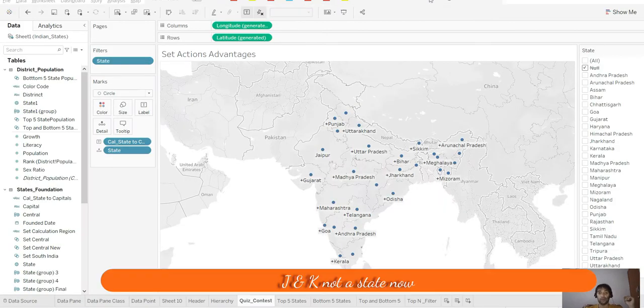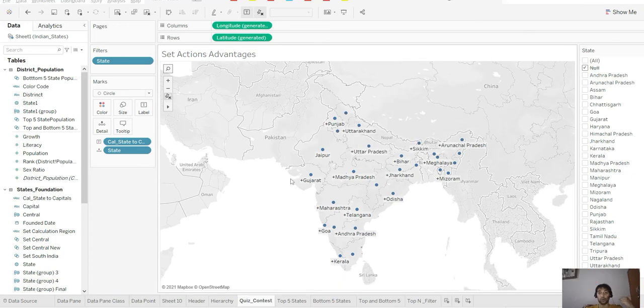Now you have a scenario where you have all these states. Remember that Jammu Kashmir is no more a state over there. So the scenario is that I want to click on any state and get the capital, and I should be able to see it for that very particular state only, right? For Gujarat, it's Gandhinagar. For Rajasthan, it's Jaipur. For example, if you're running a quiz contest with kids, and one by one you are asking them, isn't it cool? Madhya Pradesh and Maharashtra, you click on it, you get Mumbai. So how can we achieve that with the help of set?